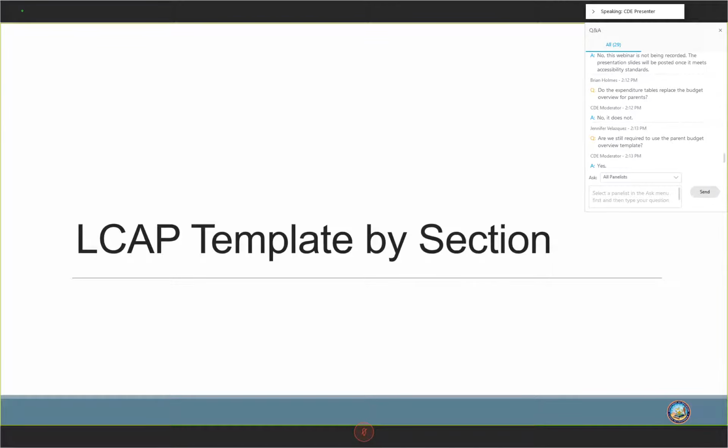Okay, thank you, Jeff. So I will be talking about the first two sections of the LCAP template, but before we do that, we felt it was really important to pause for a little to talk about some of the big shifts in the organization of the actual instructions that are included with the LCAP template. As you will see when you access the state board item that was provided at the beginning of this presentation, you have the link at the top of the presentation, I believe. You will see that the instructions are basically divided into different areas.